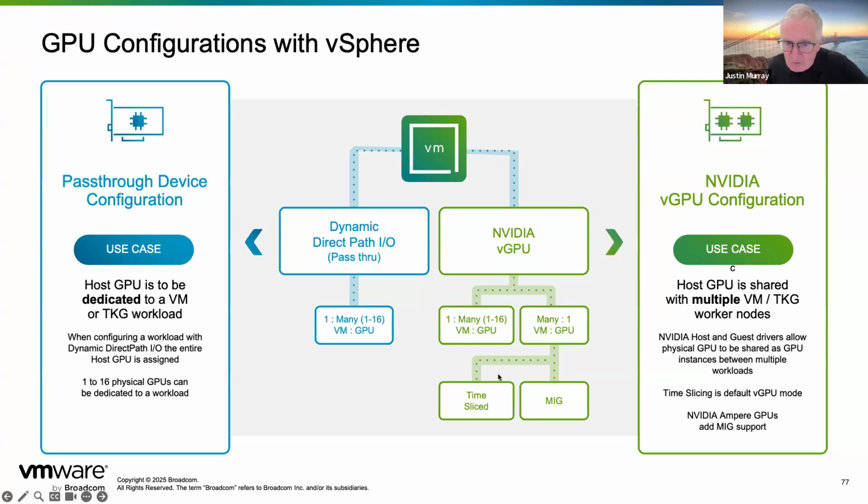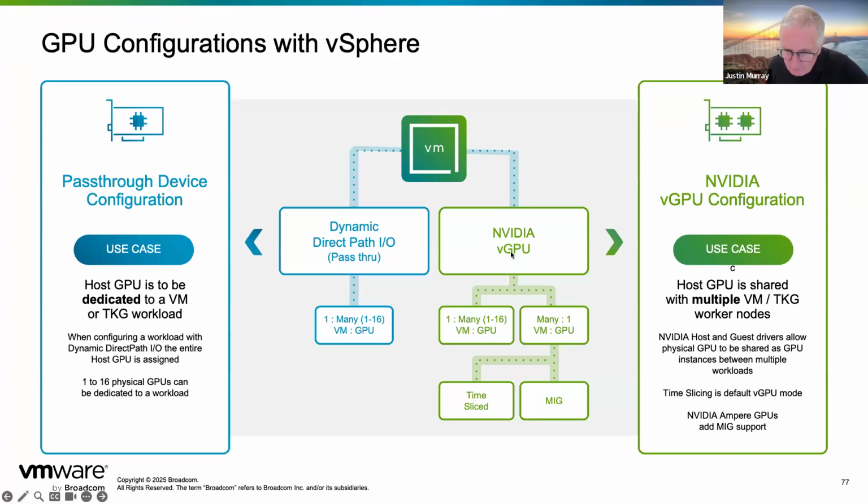And when you go to virtual GPU, there are two ways of organizing your virtual GPU, either to do round-robin time slicing, where every VM gets a time slice in a round-robin fashion, or where you actually dedicate part of the physical GPU to your particular VM. That's called multi-instance GPU, and that does more strict separation of one VM from another when they're sharing the same physical GPU. That's called MIG.